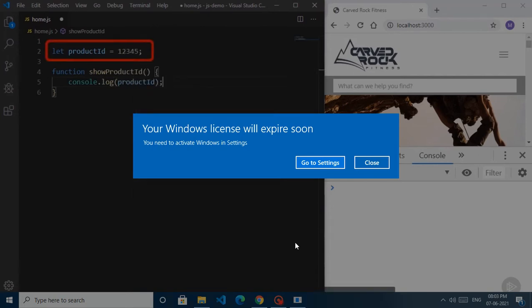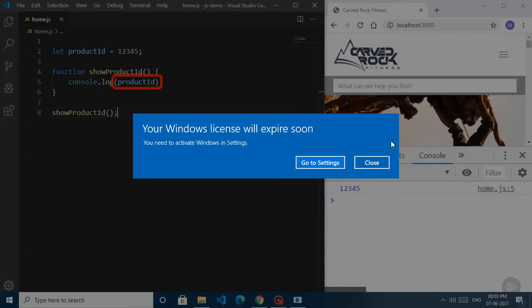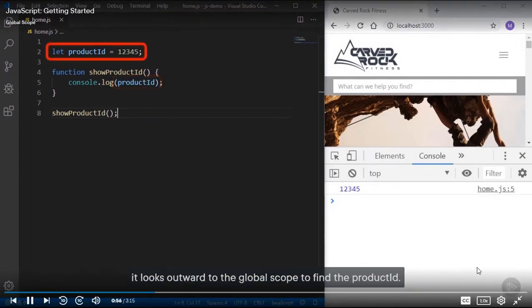So this productID here is not declared in the function. It's declared in the global scope. And we need to call this function, and I'll save it. And we get the productID 1, 2, 3, 4, 5. So even though productID is not declared in the function, it looks outward to the global scope to find